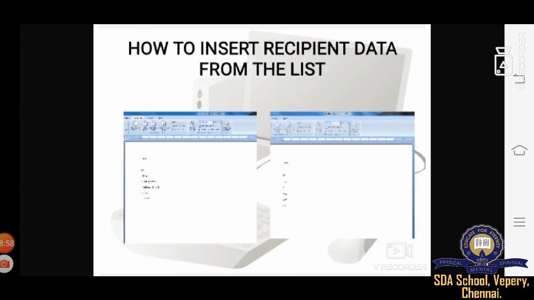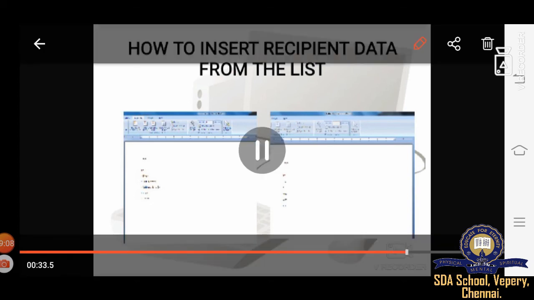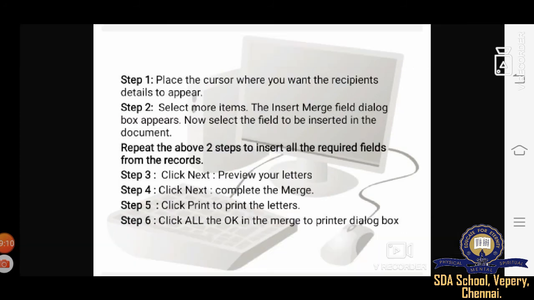So how to insert data from the list? How will you enter the data from the list? It is very important. The first one is place the cursor where you want, and the recipient's details will appear there. Step 2, select more items.